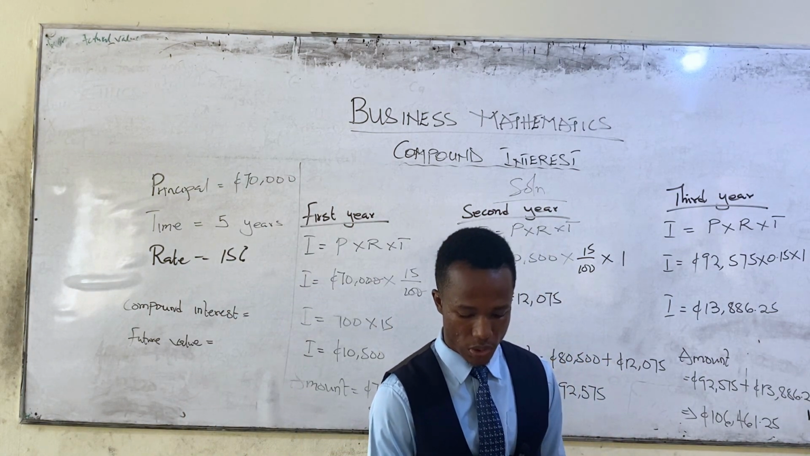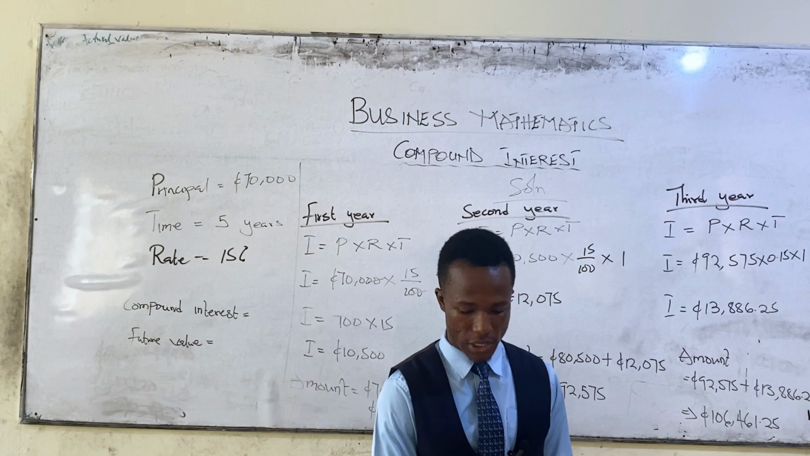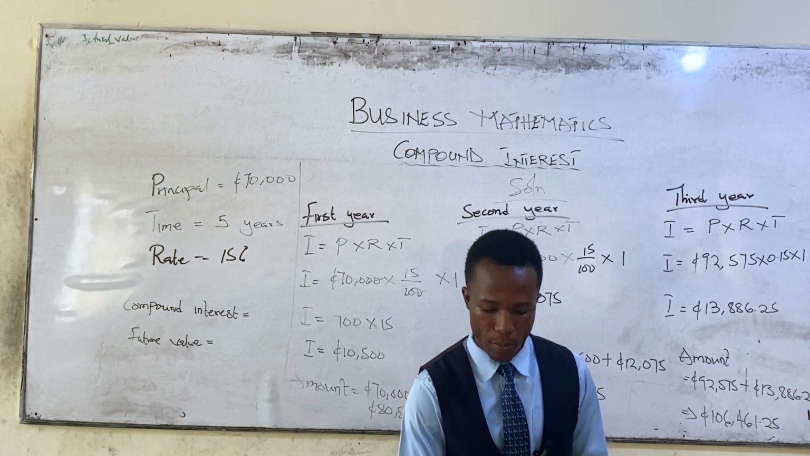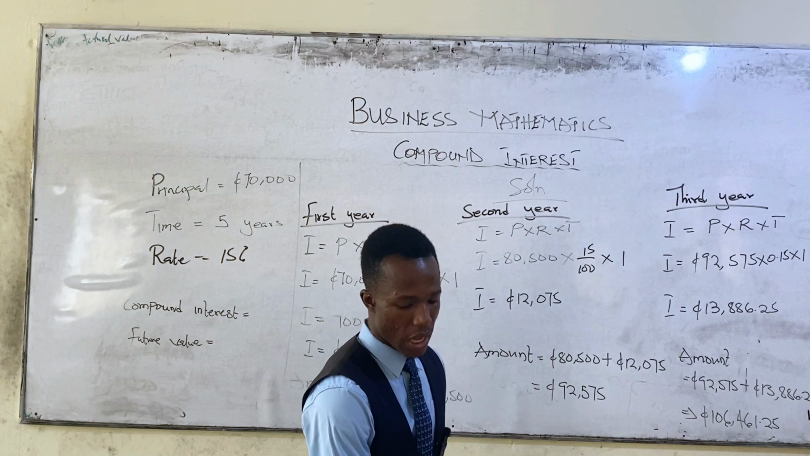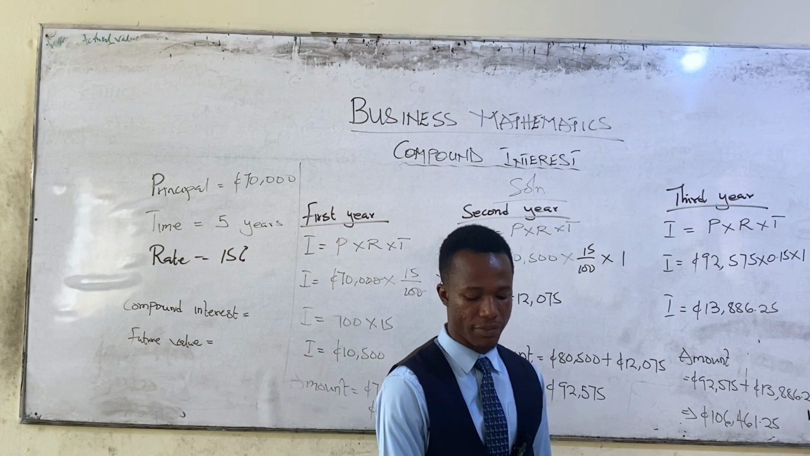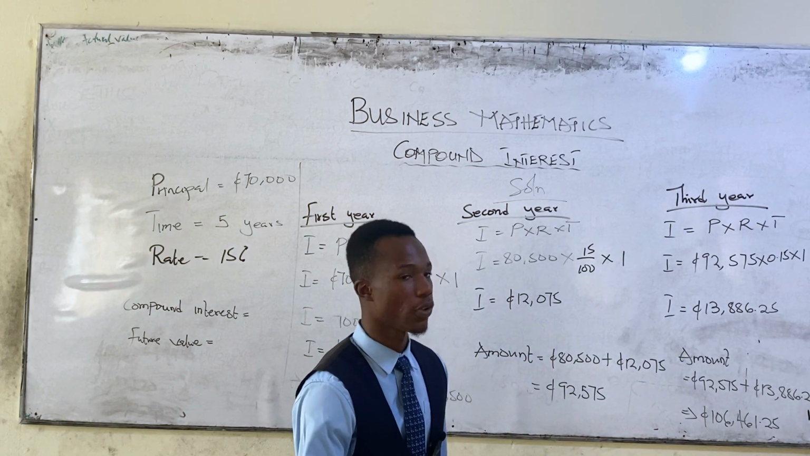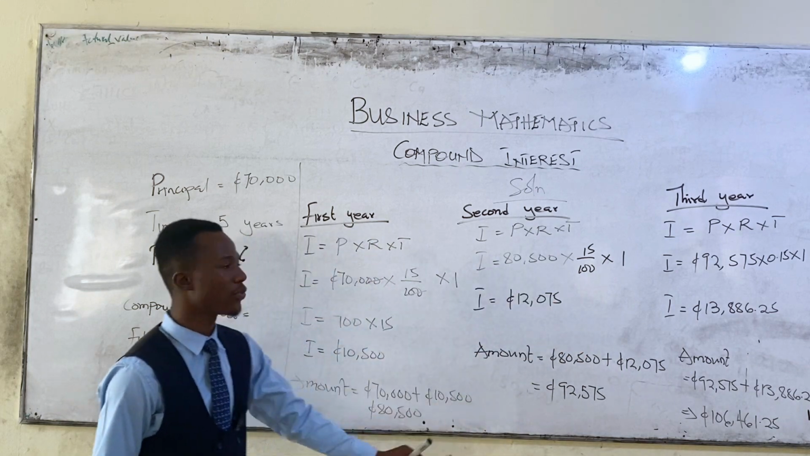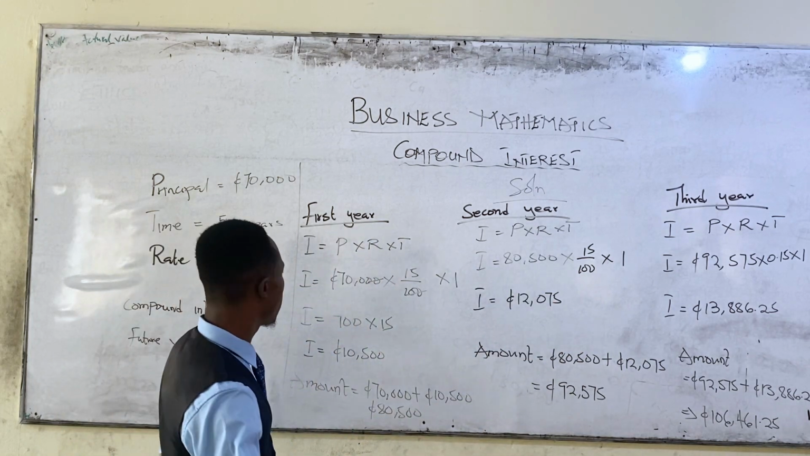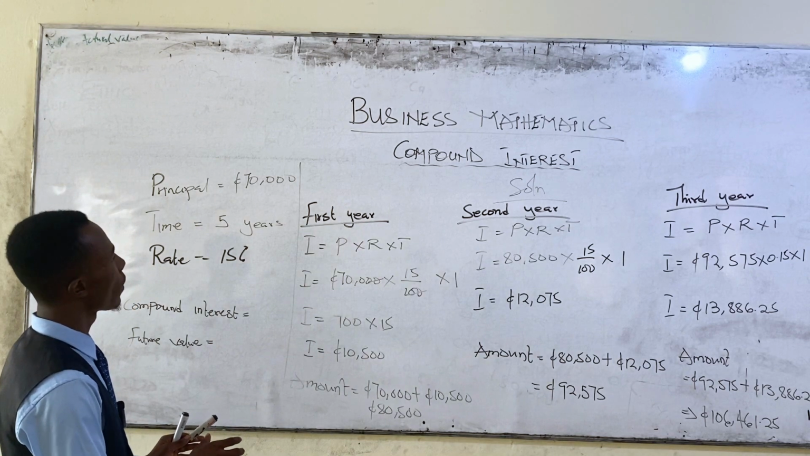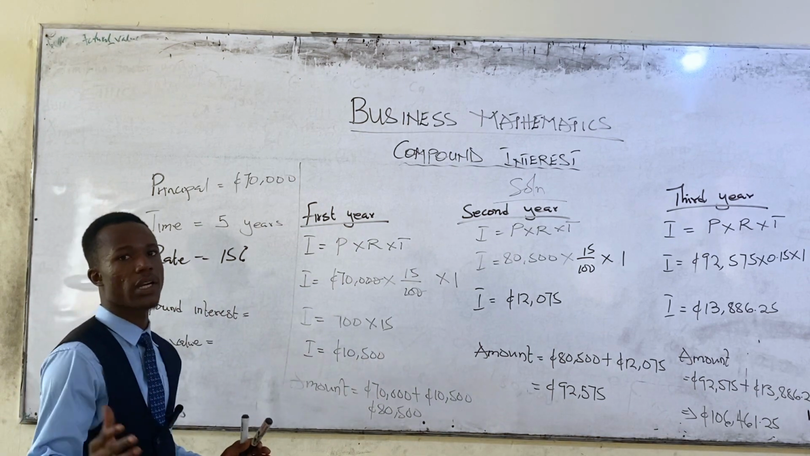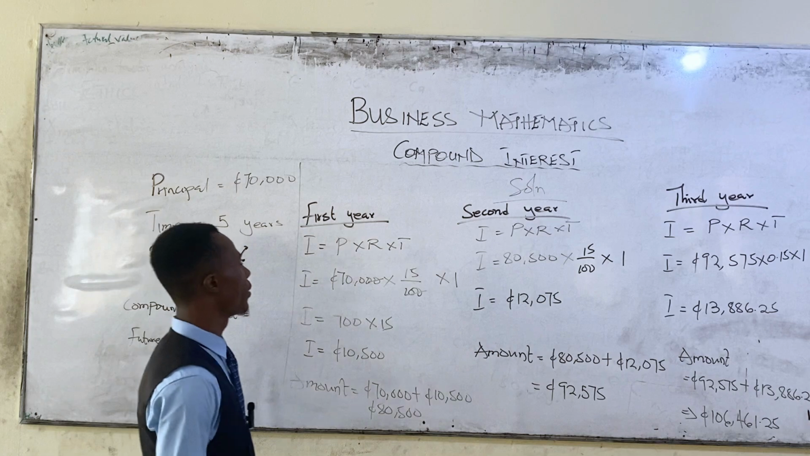Okay, so now that we are done with the normal way of calculating our compound interest, we are going to look at how to compute for future value. It is not different from this, but the only difference between this first one and the one that you are going to do is,